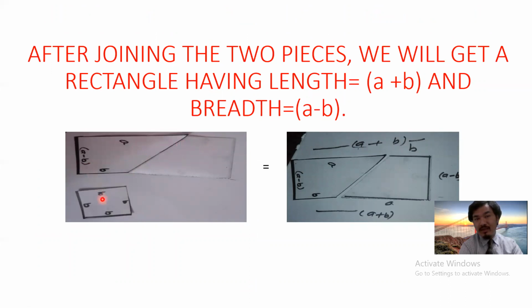This is the separated one, B square. When you join, it is B. It was A and B joining, and the total length became A plus B. This total length is A plus B, here this is A and this is B, then the total becomes A plus B, and here it is also A minus B. Automatically this side will also be A minus B. Now this is one rectangle in which the length is A plus B and the breadth is A minus B. A minus B is the breadth, and the length is A plus B in this rectangle.